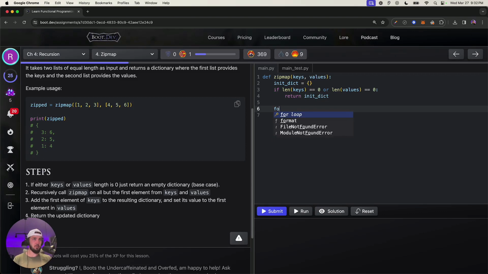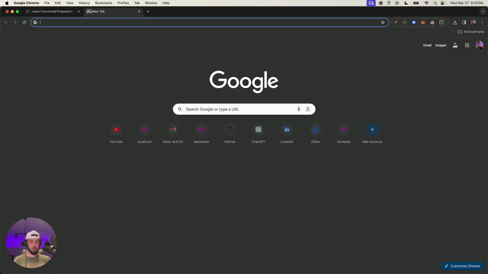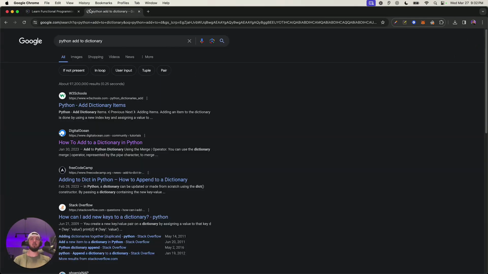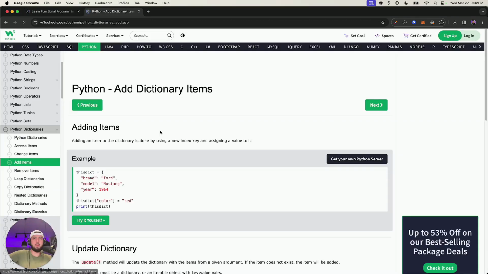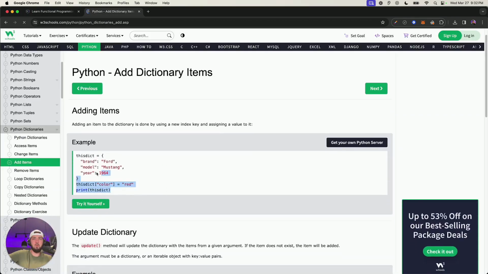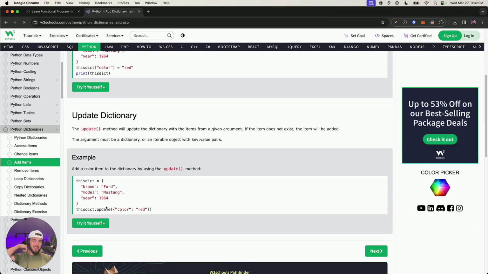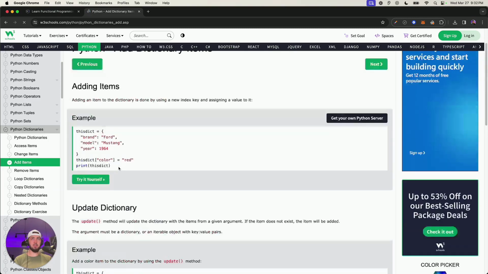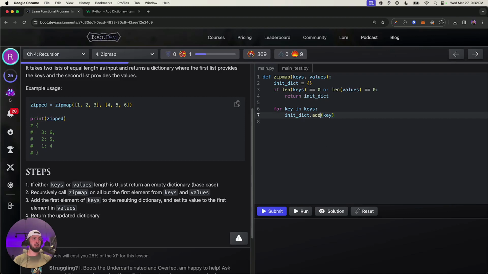Okay. So for key in keys, maybe, right? We want to take the initial dictionary and say, is it just add? I always forget with the dictionaries, right? So Python add to dictionary. Is it add or append? Or you just actually put in a thing like this. Okay, so that's updating the, oh, good to know. So we could use that for maybe updating the key values. So this will just add this dict color. So maybe we could say this dict